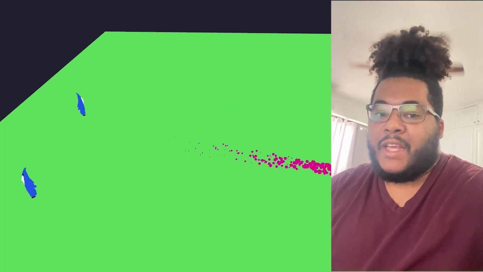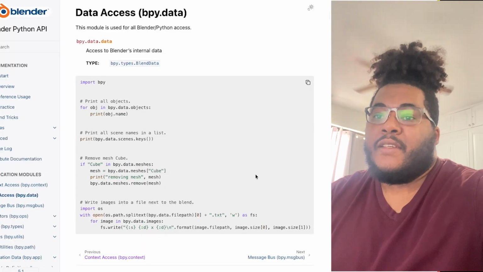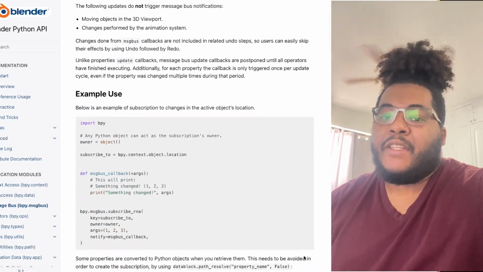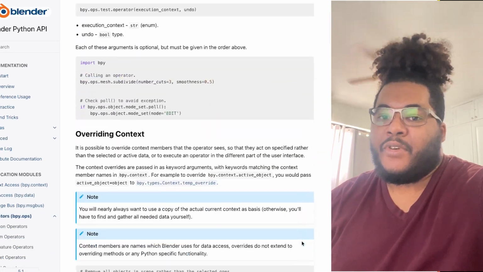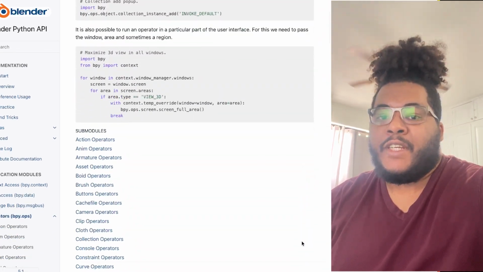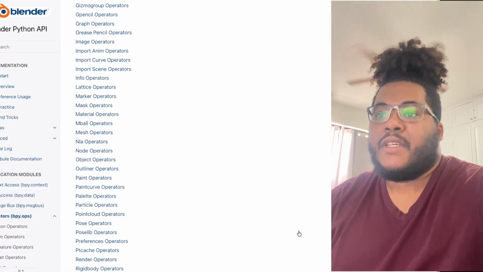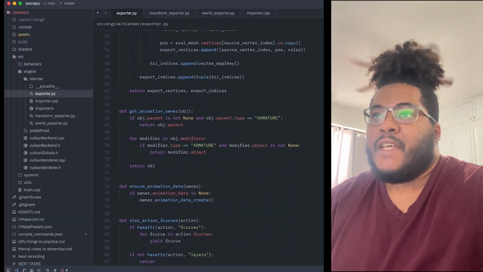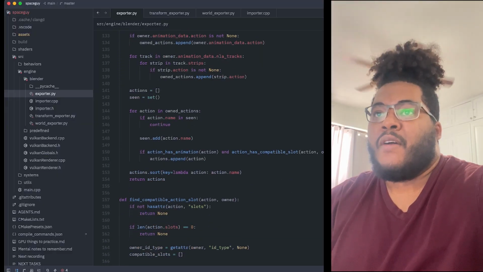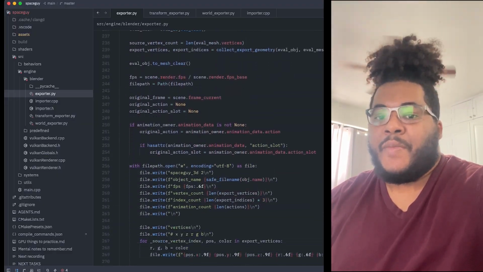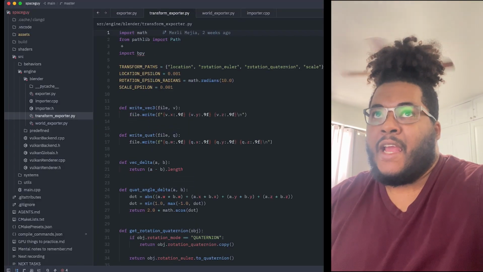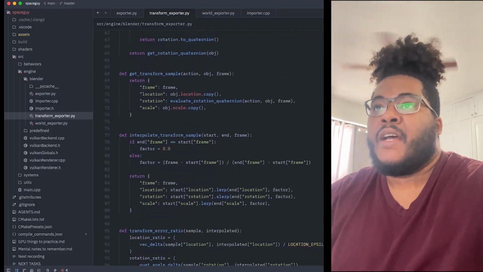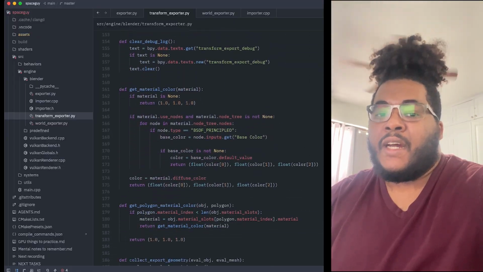Because I am not using a game engine, I have to write my own 3D importer. The way I did this was I used the Python API from Blender to check the objects inside the program. And I wrote 3 different importers and exporters. One for the meshes that have vertex animation, one for the meshes that have transform animations, and one for the actual world data, like where is the floor, where is the camera, how many wizards there are, what are their